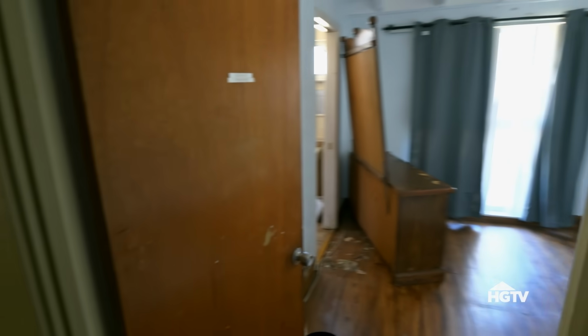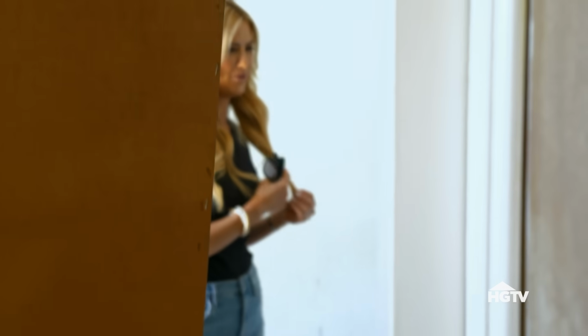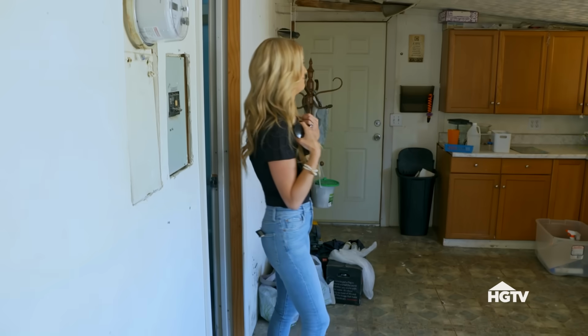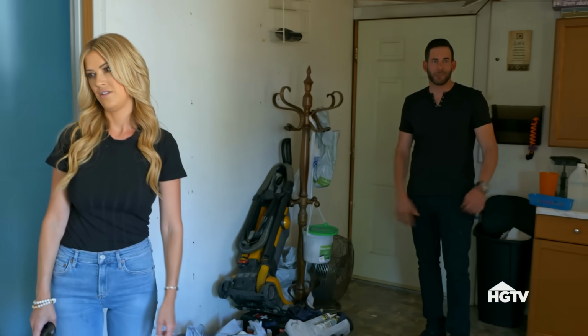What a tiny little bedroom. Oh my God, it smells so bad. What is this? It's nasty. It's like some creepy murder room. So bathroom number 2. Wait. Perfect, we have a guest house. Look at the ceiling. I mean, it's a great space, but